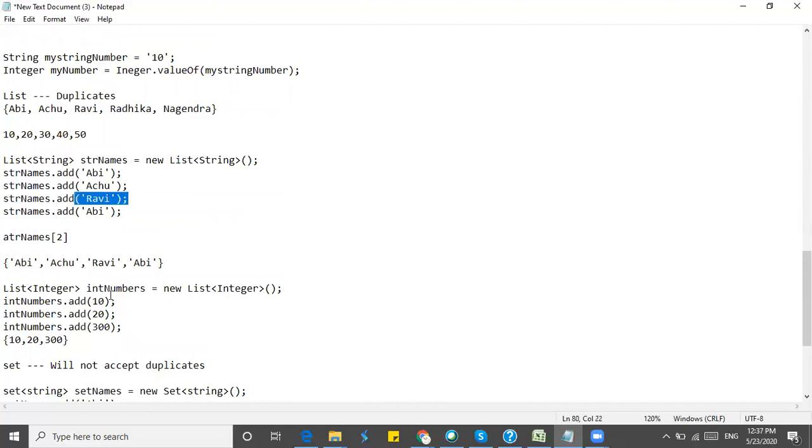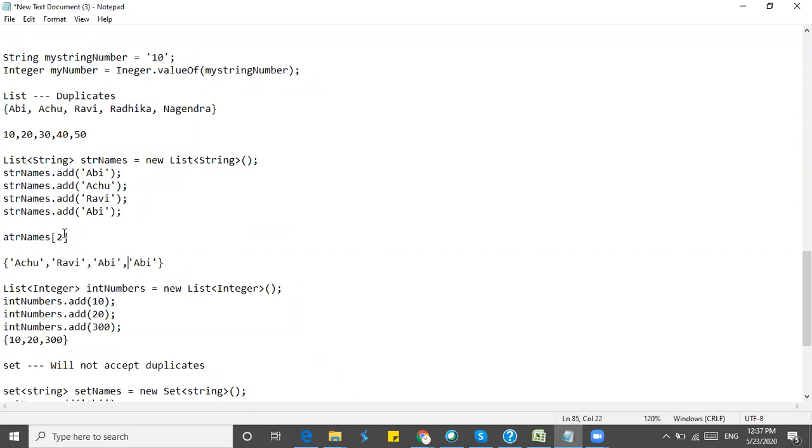It can be saved randomly. You have given Abhi as the first value, but it can be saved somewhere at the last also. So you cannot control the values. You cannot get a third value.